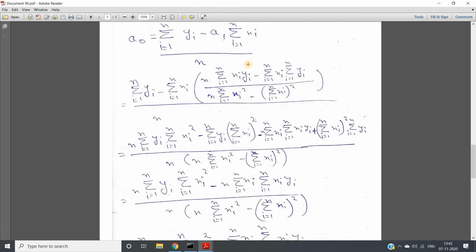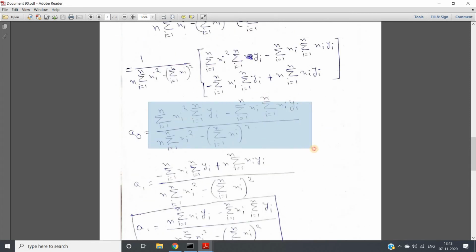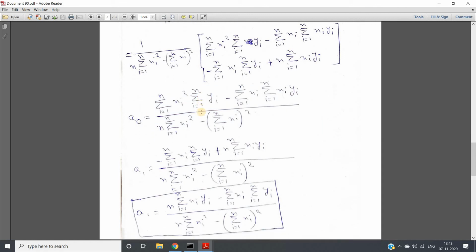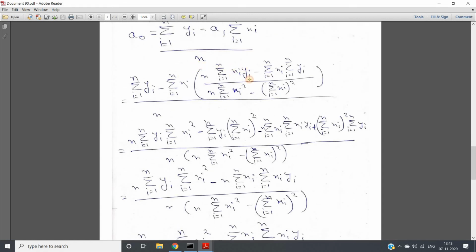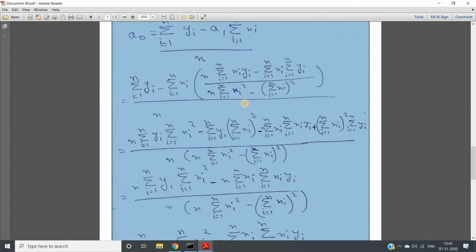See, this is our a0 which we have got using our actual derivation. Now what we will do is put a1 in this particular equation and check whether we will be getting the same a0 as this one or not. If we are getting the same, that means a0 and a1 both match and our matrix approach is correct, right? So now put the a1 value whatever we have derived, and keep the rest of the terms as they are.